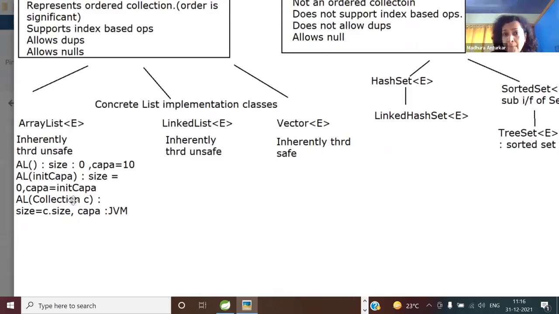So if you compare the data structures, ArrayList and Vector are both backed by what? An internally growable array. So ArrayList and Vector are, memory allocation wise or internal data structure wise, based on a growable array. What is the major difference between an ArrayList and a Vector? Answer is again in front of you. The major difference is, yes, thread safety. ArrayList is inherently thread unsafe. Vector is inherently thread safe.